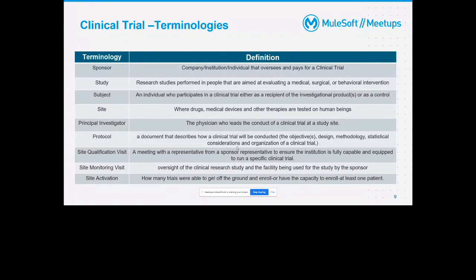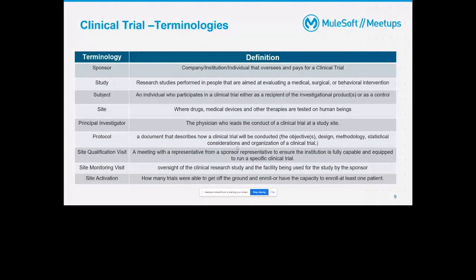Study is the process through which the trial is conducted, meaning how the trial will be conducted. And subject is the patient or the individual who will be directly involved in this trial process.